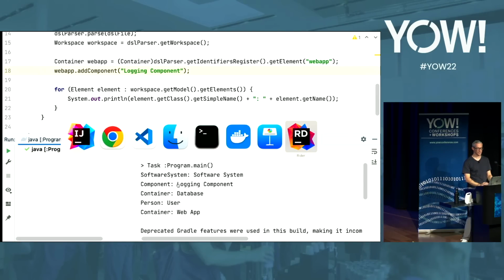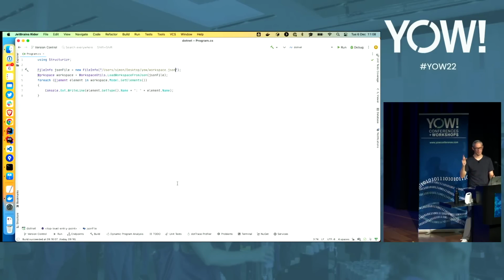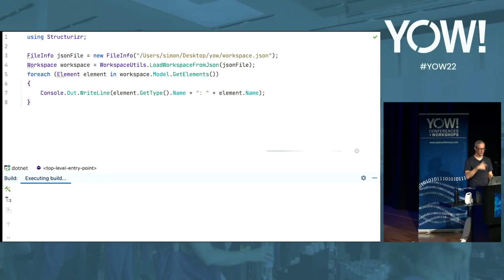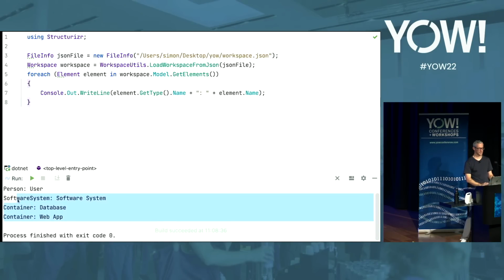There's also a bunch of libraries for other languages. There's PHP and Python and TypeScript, and I wrote a .NET version a long time ago. The DSL parser is written in Java, so we don't have access to the DSL parser in C#.NET, but what we can do is instead load up the JSON document. Most of the supporting libraries work with the JSON. So we can basically say, go load the workspace via the JSON file and do the same thing. We'll just go and iterate over the various things in the model. So now you have a way, again, to start integrating some of these tools into your build process, which is quite nice. The final thing I want to show you is